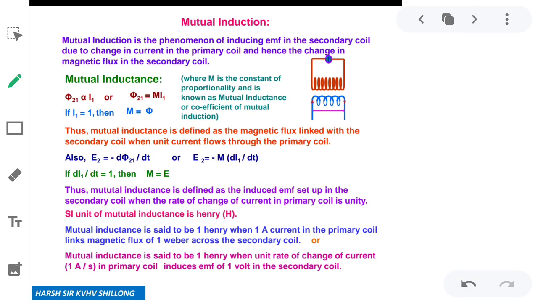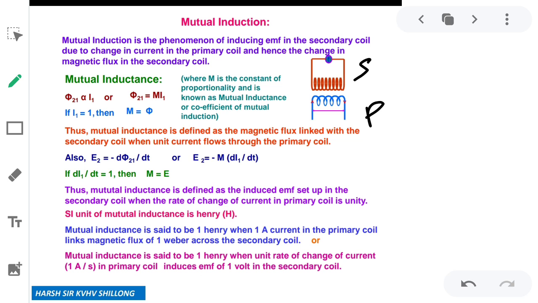Next, mutual inductance. Mutual means whenever more than one thing comes into contact, that is mutual understanding we say. So mutual induction. There are two coils here. This one is primary, in which current is passed. This one is secondary, in which current is induced. Similar to Faraday's first experiment, here we pass current in one, the second is induced.